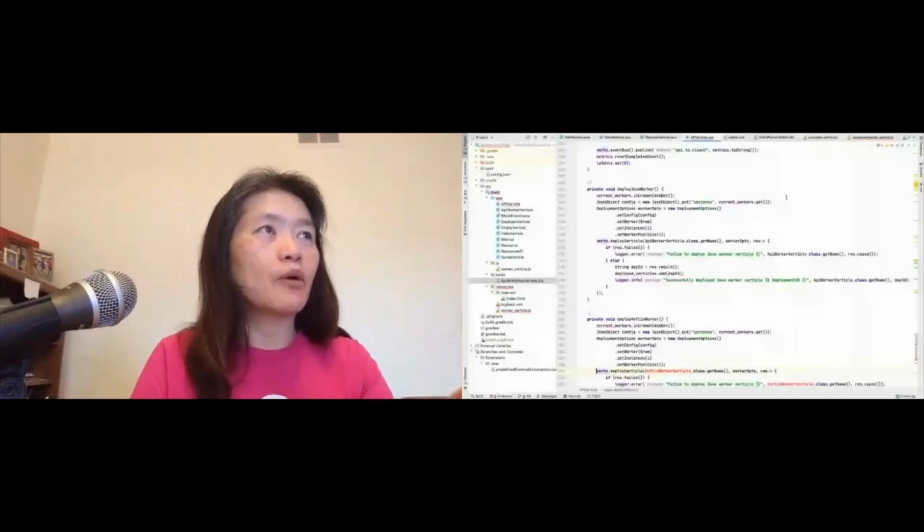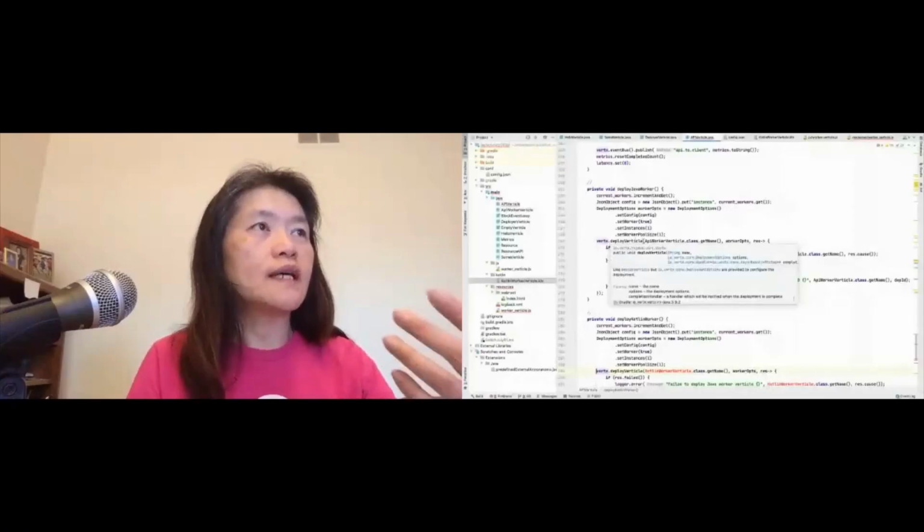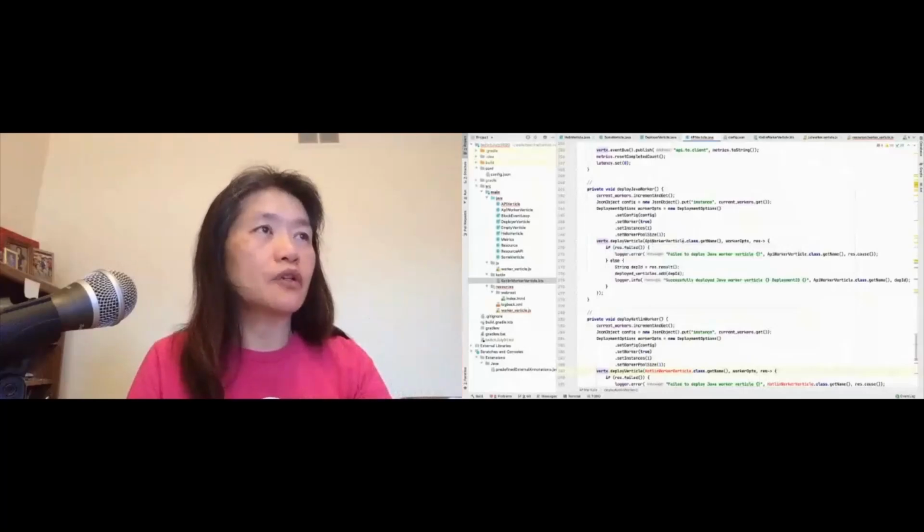So I have a deploy Java worker. Over here, I want to highlight that I read the configuration, and to deploy it, again, you use the control center, do a deploy verticle, and pass the name of your verticle. In this case, if it's Java, I have the API worker verticle .class.getName, and that's how I do it.